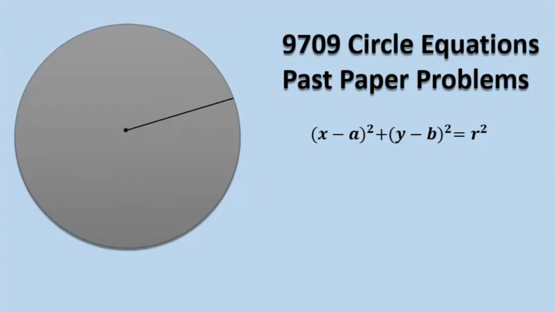At first glance, circle equations look simple, just another formula in coordinate geometry. But when you dive into A-level past papers, you realize how creatively these questions can twist the same idea. In this video, we'll explore how to handle every style, from finding equations to tangents, intersections, and hidden geometry within